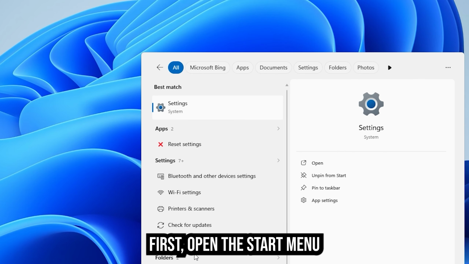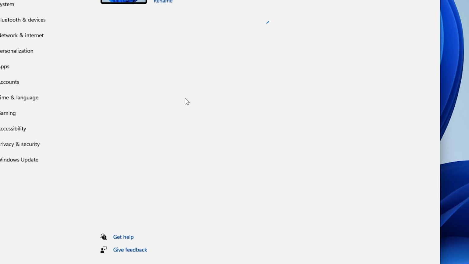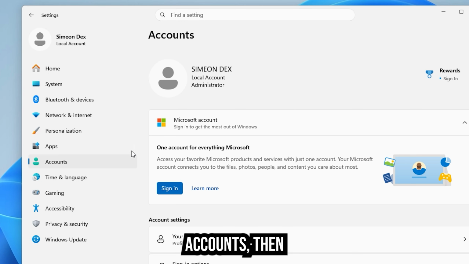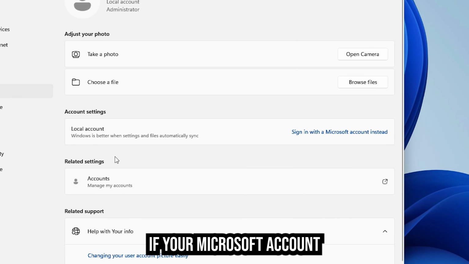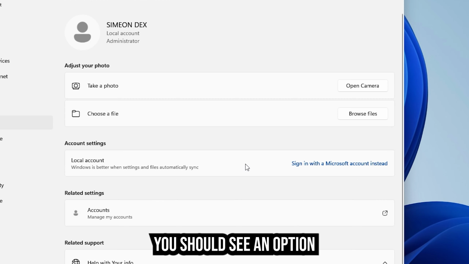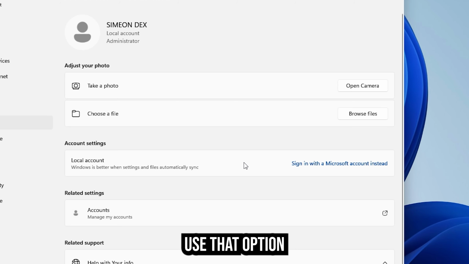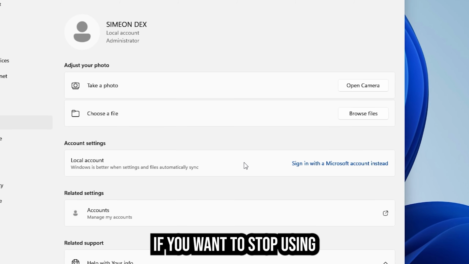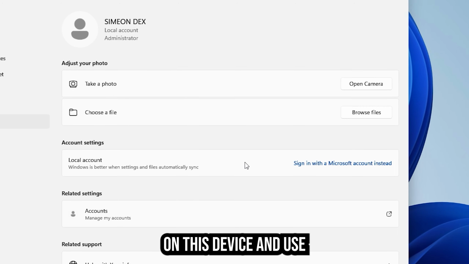First, open the Start menu and go to Settings. In Settings, open Accounts, then go to your info. If your Microsoft account is currently connected to Windows, you should see an option that lets you switch to a local account instead. Use that option if you want to stop using the Microsoft account on this device and use